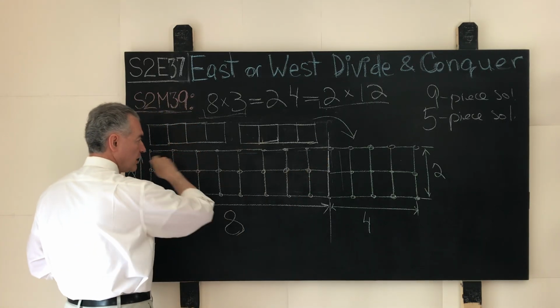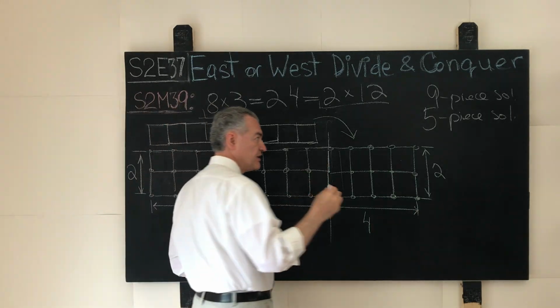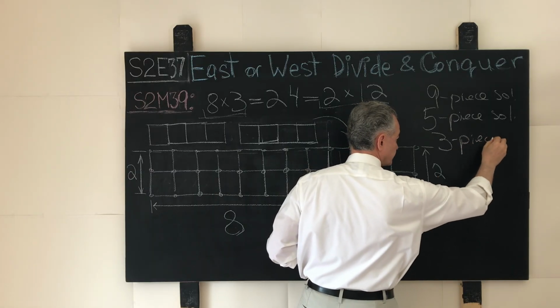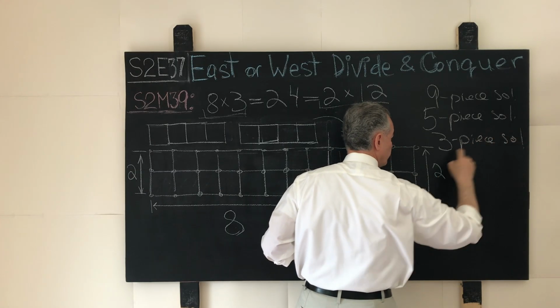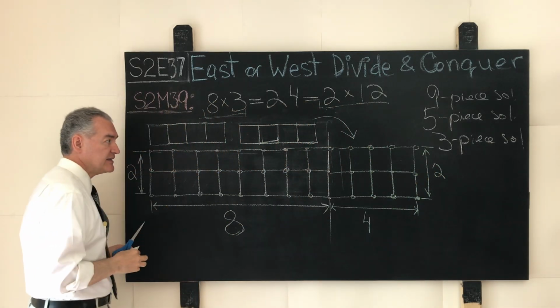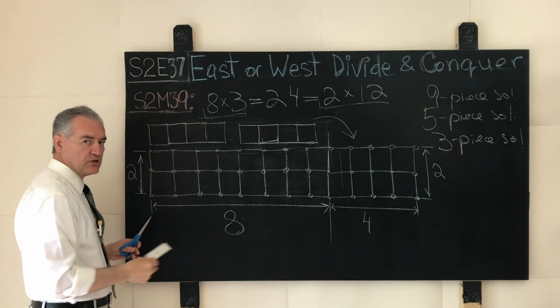1, 2, and 3, an 8x2 rectangle. This will produce a 3-piece solution. Exactly, this will be a 3-piece solution. 3 is still larger than 2. We're asked to produce 2, but in this case, if we try to generate, again, we go back